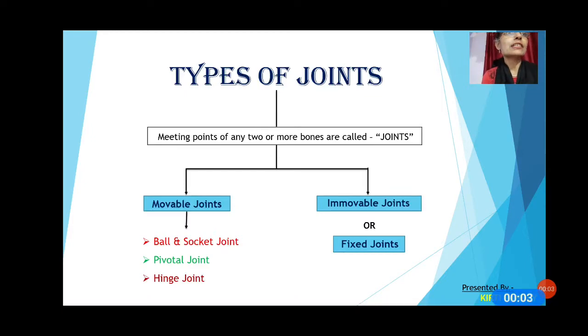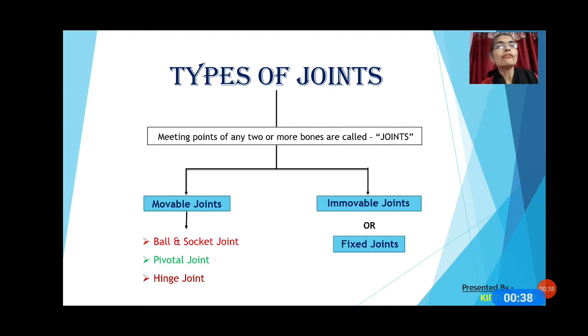In our previous class we discussed the bones, which are hard structures and cannot be bent. There are many bones present in each part of the body. We can bend or move our body only at the points where bones meet. These meeting points are called joints. There are different types of joints in our body to help us carry out different movements and activities. So today our topic is types of joints.